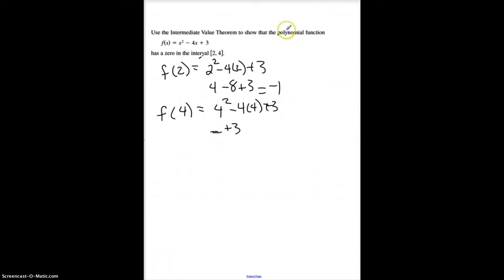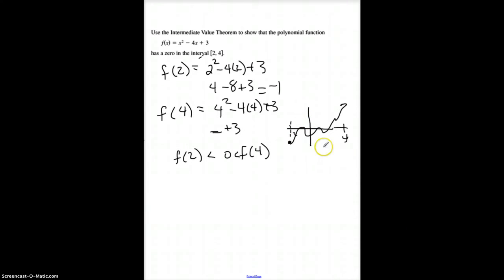Now, what the intermediate value theorem says is that because 0 is between f of 2 and f of 4, okay? So I've got my function here. It does something. And because I know it's negative at x equals 2 and it is positive at x equals 4, all right, then because it's continuous, there has to be at least one zero. It doesn't tell me how many there are, but at least one zero